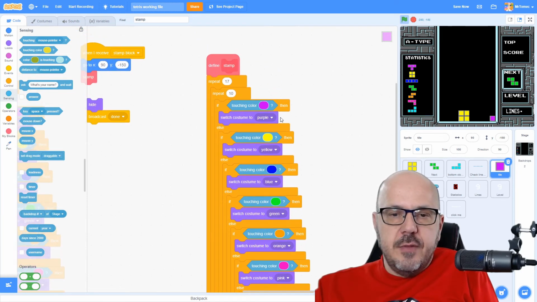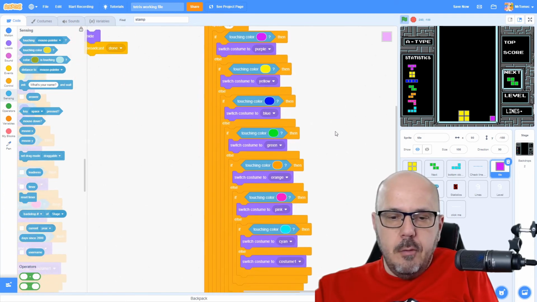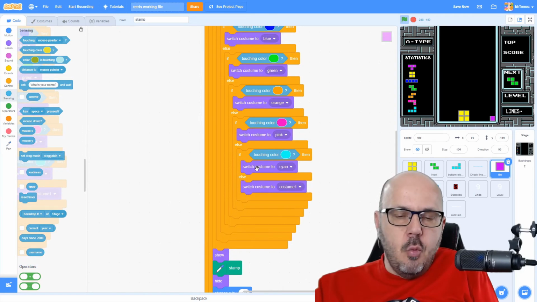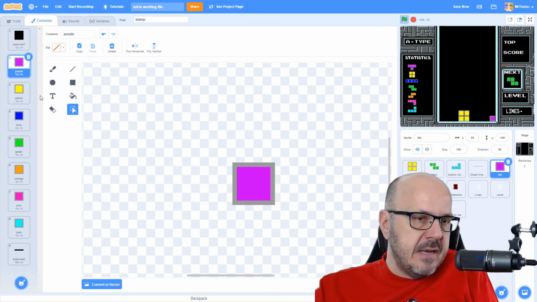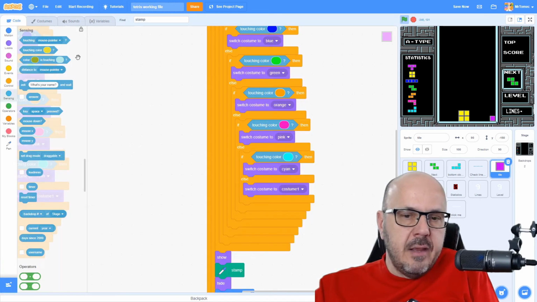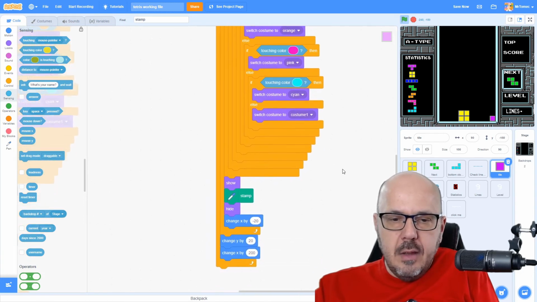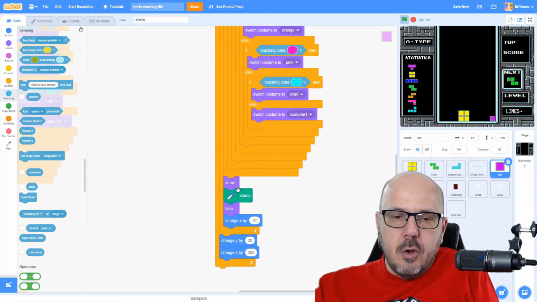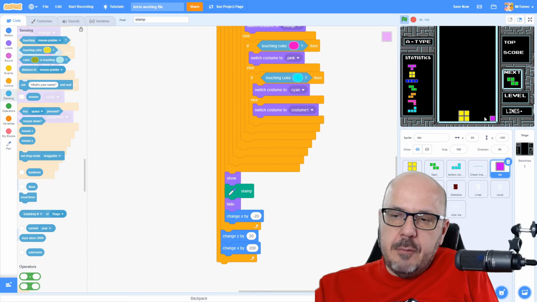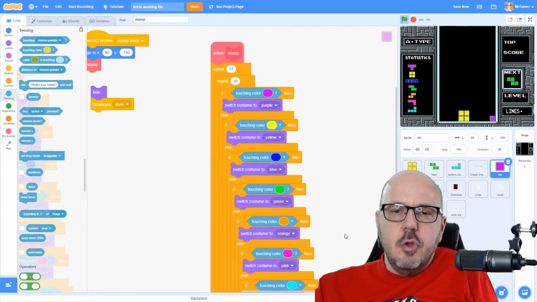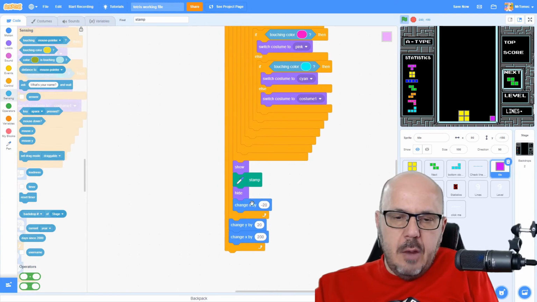It will switch the color to yellow, or it's starting with purple, and it'll switch the costume to purple. Then once it goes through this loop and determines what color is under there, the final else is it'll just switch to a black costume. If it can't find any of these colors, it'll just color it in with a blank. So we're wearing the right color costume now, and then we're going to show this block, which I guess was hidden up until now, stamp it, and then hide it again. Then we're going to shift over 20 pixels to the left, and we're going to do the same thing all over again. So once we're done with this inner loop 10 times,